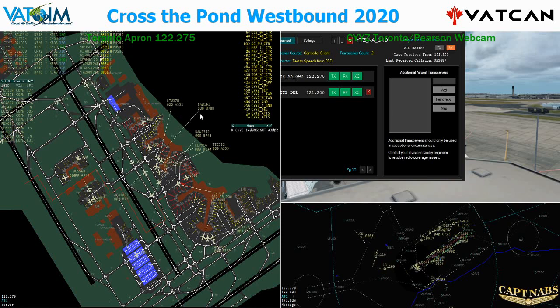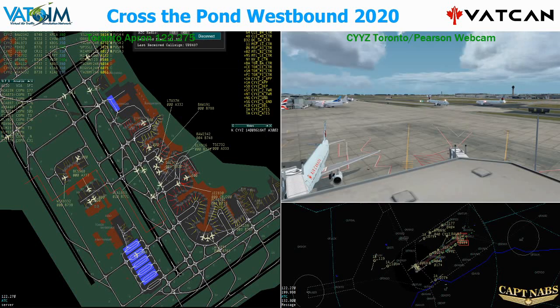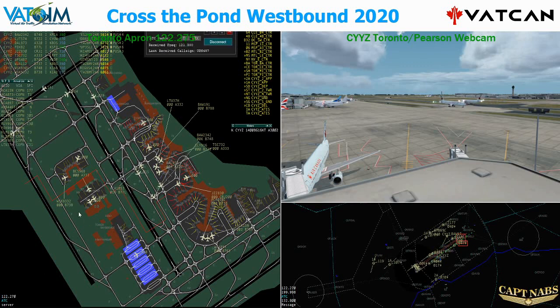Okay, UPS 487, how do you hear? UPS 487, you're a little bit faint, but I got you. Clear in sight. ATIS seems to be not working. What is the current ATIS in Toronto? UPS 487, the ATIS is Kilo, departing 23 and 24 right. Where are you parked at? Are you parked at the midfield cargo,